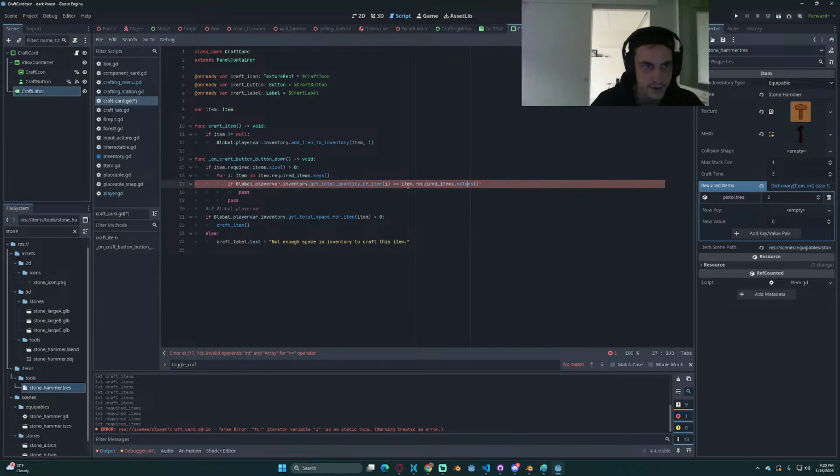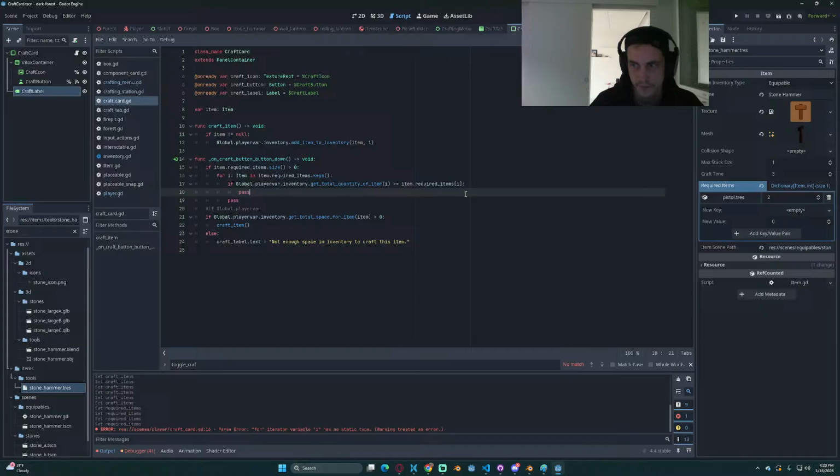The list of values. Okay, so this is in the keys. So I think I just need to do I, like that, because that's an int. So if total quantity of an item is greater than or equal to the required item's amount,